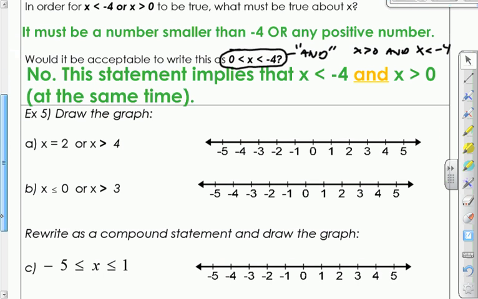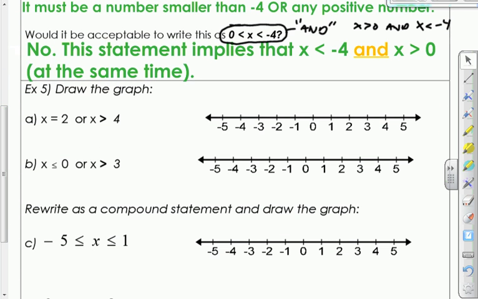So let's take a look at some graphs now. Example 5 asks us to draw some different graphs based on some compound statements. I'm going to select a couple and we'll try them. So let's look at B. x is less than or equal to 0, or x is greater than 3. All right, so x is less than or equal to 0. That would have us including 0. So we would include 0 in